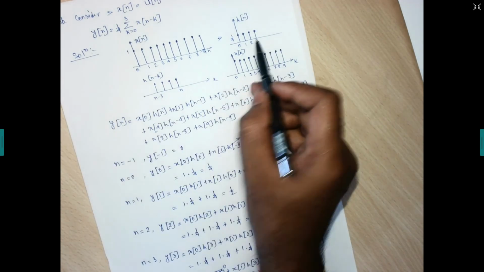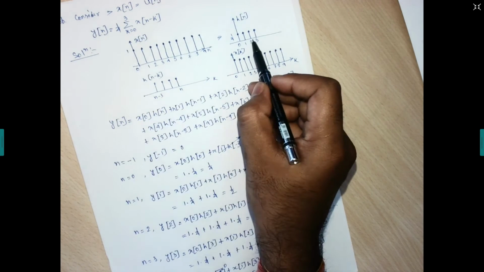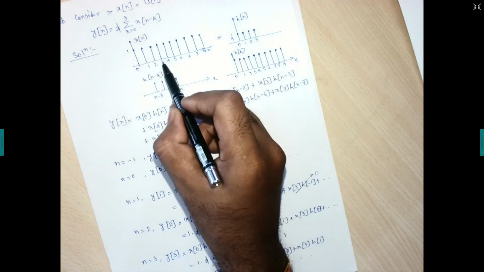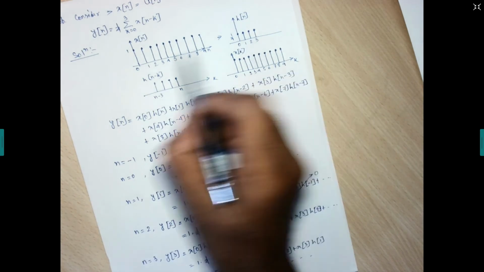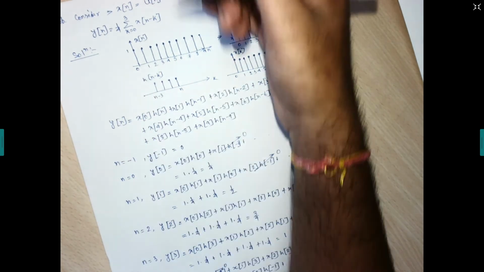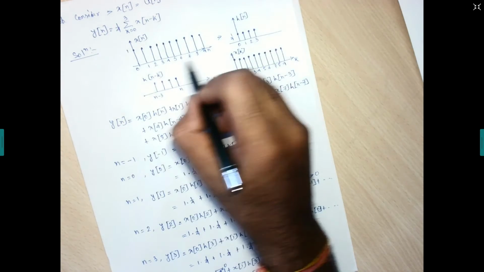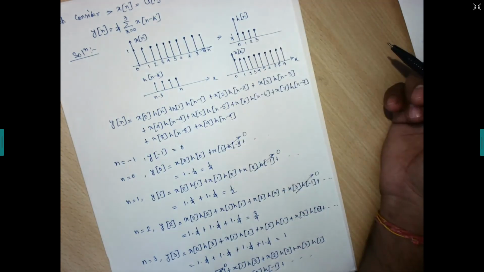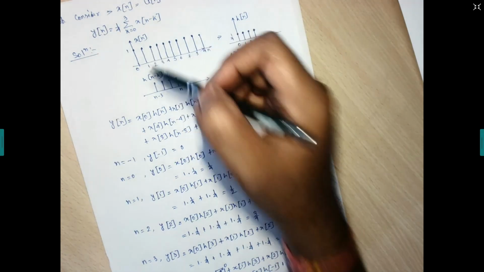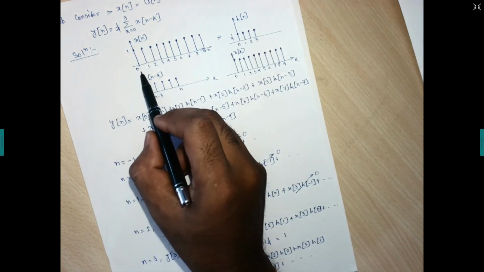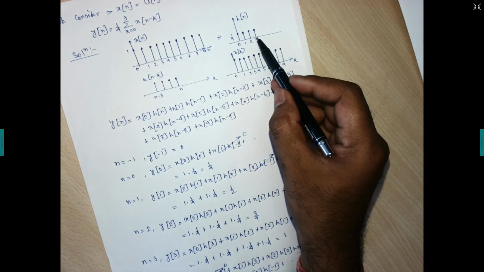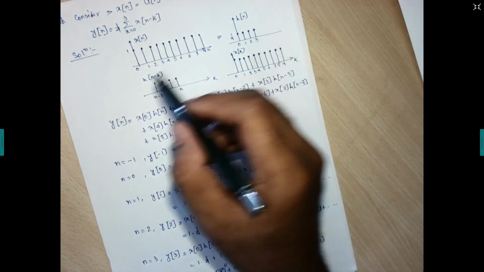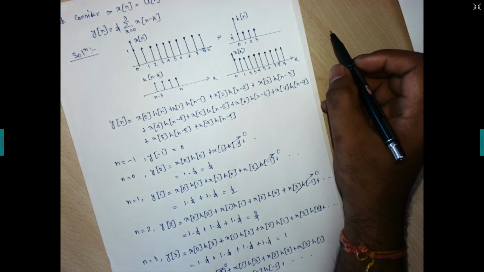So this first sample will have the interaction with this one, then 2 samples will come with this 2, then 3 samples with this 3, and these 4 samples will come up to this 3. So here 0 to 3 also exists. Up to this it is started. After that, in the same way, 4 samples will have the interaction with these 4 samples. So if we put this hn just below this xn, starting with the 0 sample at the location of 0, first the rightmost sample will have the interaction with the leftmost sample of the xn.